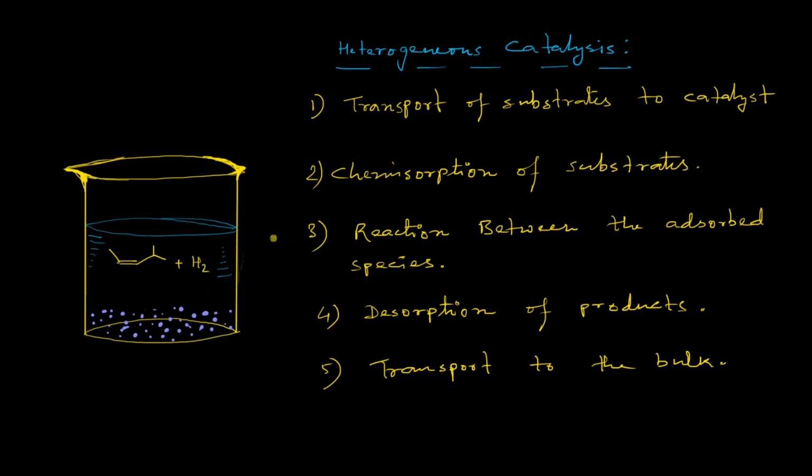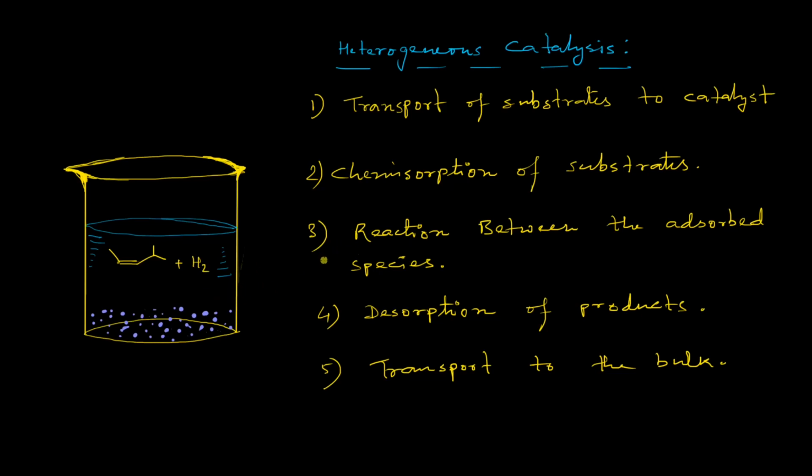Chemical adsorption is an adsorption process via formation of chemical bonds, and in this case the pi electron cloud will be utilized to form chemical bonds with the transition metal, which is palladium, during the adsorption process, and the sigma bond between the two hydrogen atoms in the hydrogen molecule will be used for the adsorption process. The mechanisms I will discuss in detail.